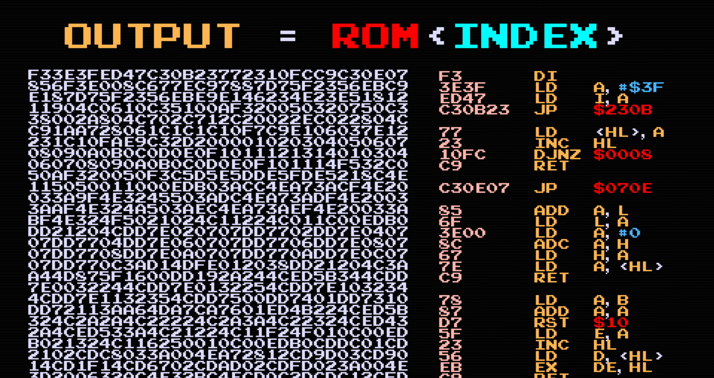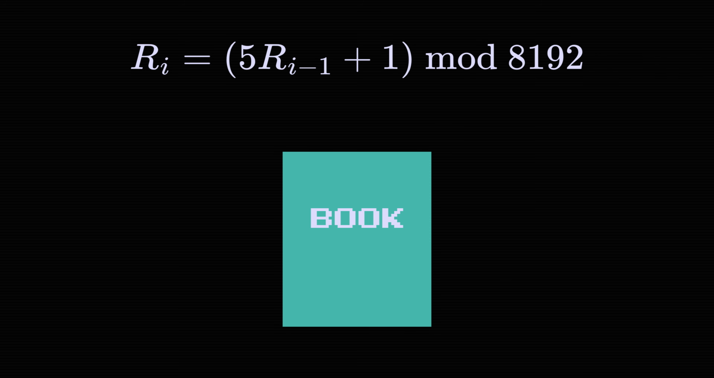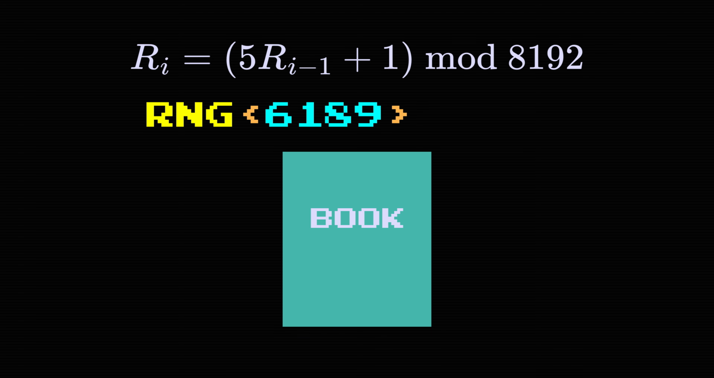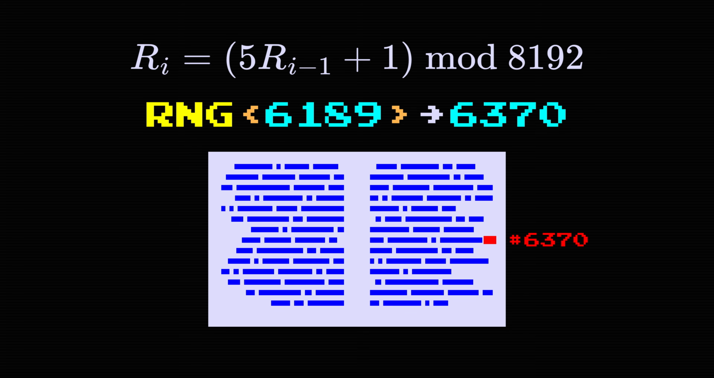It would be like using the same function for the index here, but then using that index to look up a word in your favorite book. If your input index was 6,189, you'd calculate your output index to be 6,370. So you'd find the 6,370th word in the book. While this method of looking up a byte definitely removes the correlation between successive random numbers, it impacts the uniformity